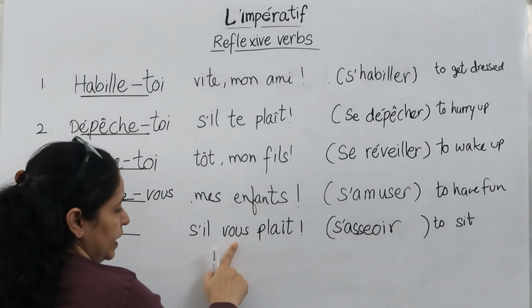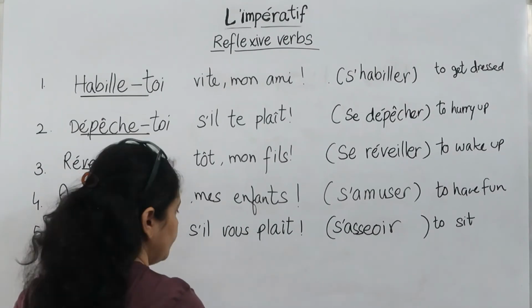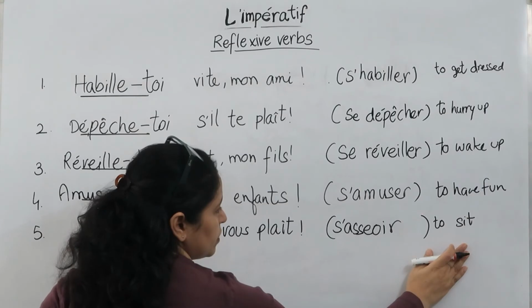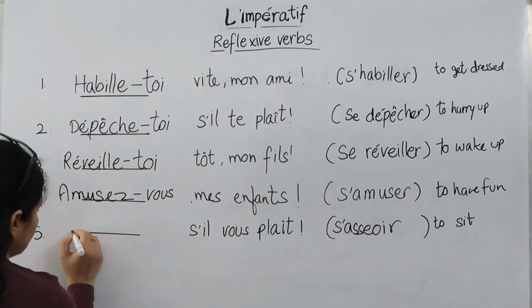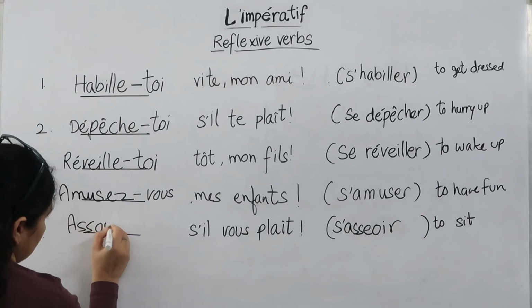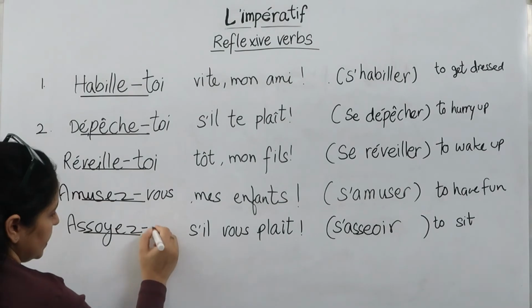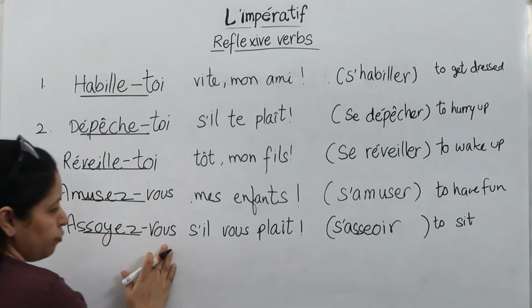The fifth one is dash s'il vous plaît. S'il vous plaît indicates I am talking to someone with whom I am formal or maybe more than one. So, the verb is s'asseoir, which means to sit. So, I will write the conjugated form for vous, which is asseyez, reflexive case at the back. Vous. Asseyez-vous, s'il vous plaît,